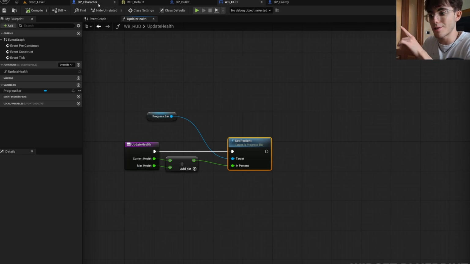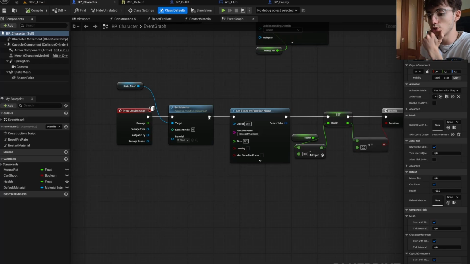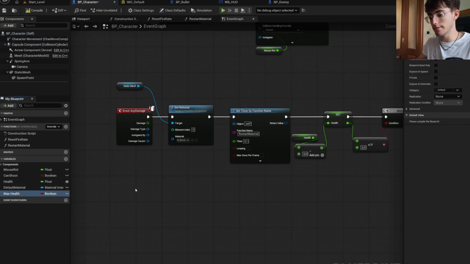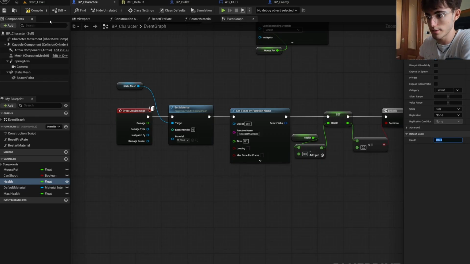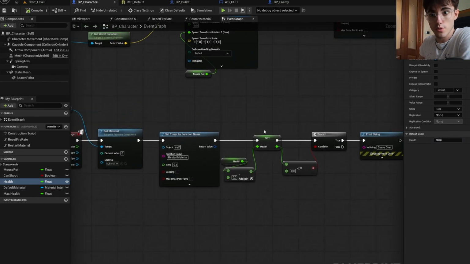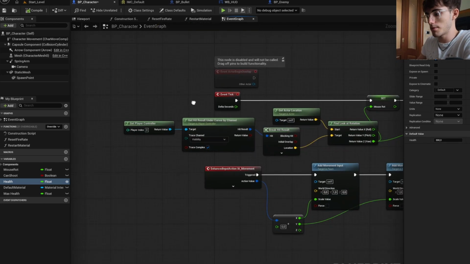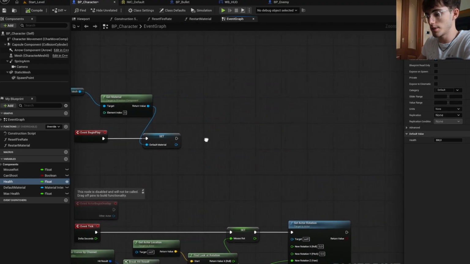If you go back in our character, now we want to create a new variable here, because we don't need only our health, but we need also our max health. It's always a float, and I want to choose for this one 300, and also for the health, the default value must be the same, so 300. Now we want to add it to the viewport, so you take this widget, create it, and also add to the viewport. Go in begin play, so here in the event begin play,